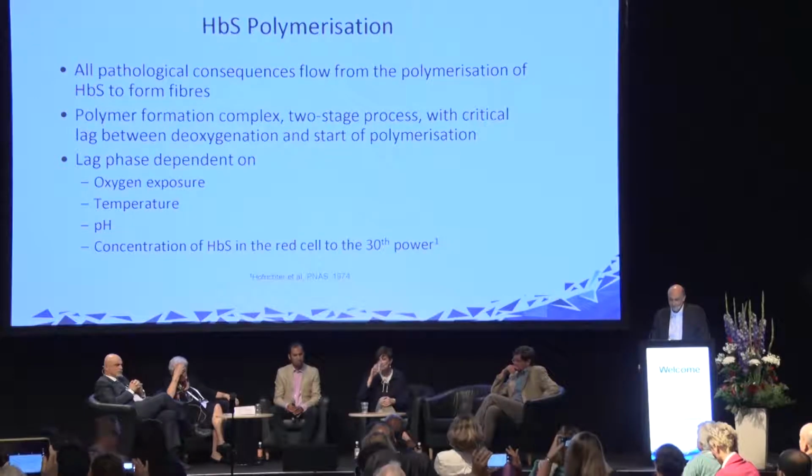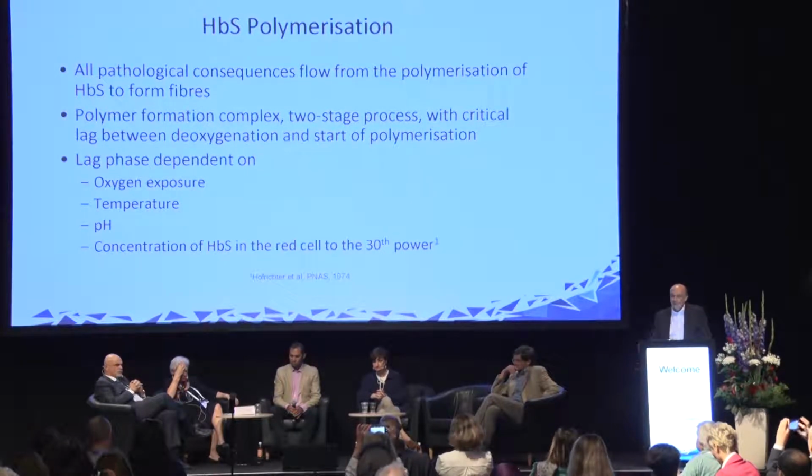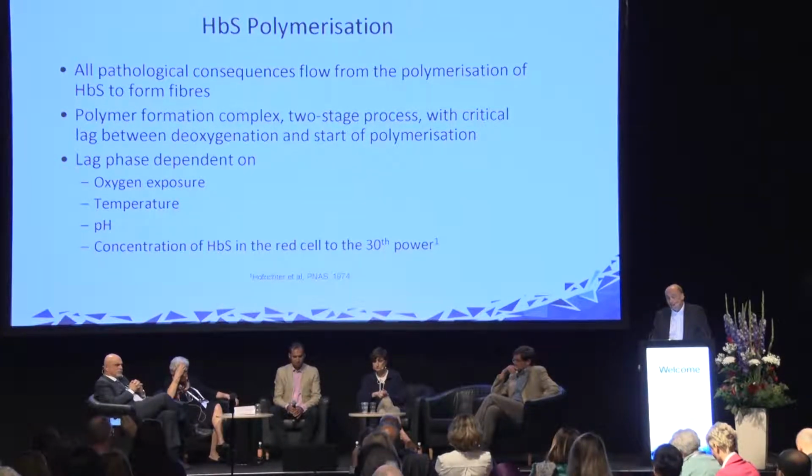So polymerization, as I've said already about 5 times, all pathological consequences flow from the polymerization of hemoglobin S to form fibers. The S polymerization was studied quite a lot, and there's quite a lot known about it, but probably the important thing is that there's a lag phase. It doesn't happen on deoxygenation, which only the deoxygenation forms polymers, but on deoxygenation there's a delay between that happening and the polymers forming,